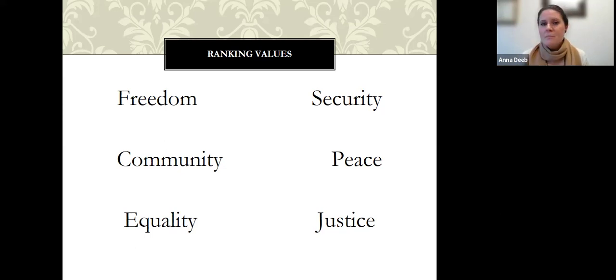It is not that people don't value all of these values or strive to protect, preserve, or achieve all of them. It's more that I have a reason for putting peace at the top based on my own experience, or I have a reason to put freedom at the top. All right. But the thing is, we might all have different lists, but we all value the same things at the end of the day.